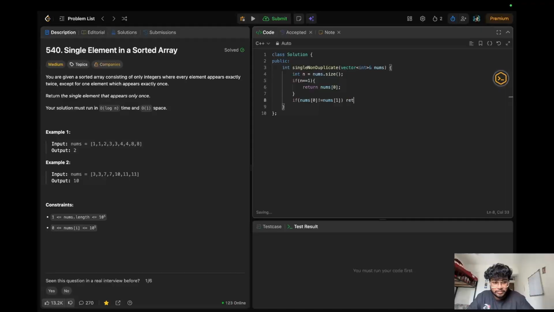Now if my nums of 0 is not equal to my nums of 1, then I can just return nums of 0. And similarly the other edge case, if nums of n minus 1 is not equal to nums of n minus 2, I'll just return nums of n minus 1 as my answer. So let's do binary search now. Let's initialize our low to 1 as we trim down our search space, and high to be n minus 2, right? So while my low is less than or equal to high,